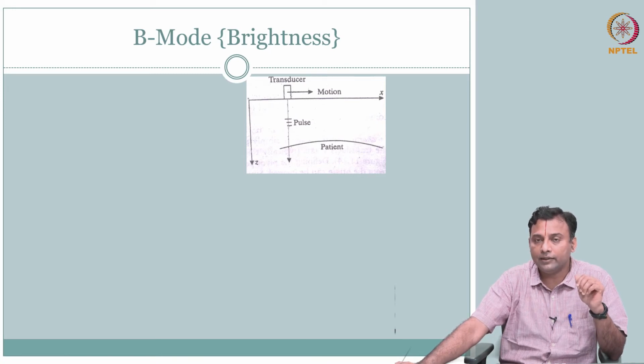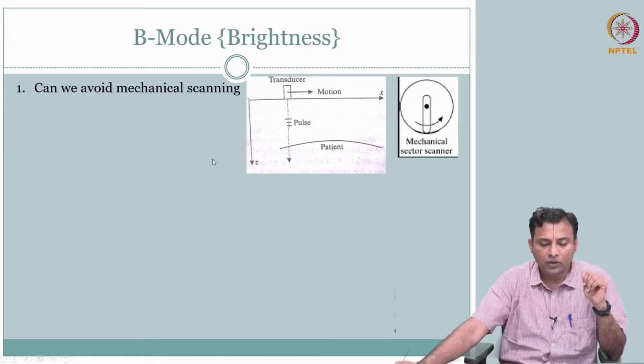So what are the things that we were able to do here, which we see the reason for doing it, but is kind of a disadvantage or a limitation that would allow us to seek better advancements in instrumentation. Okay. So first is, can we avoid the mechanical scanning? Yes, the idea is the transducer is helpful. It sends the wave, receives the wave, we can get the A mode, we have gone through the physics, right, it made sense. But then to engineer it to an application, the instrumentation, there was a limitation.